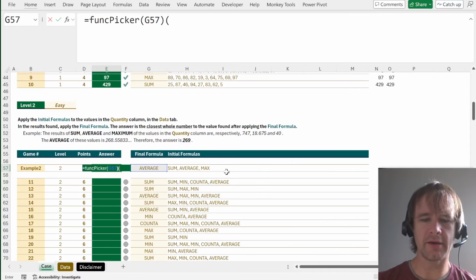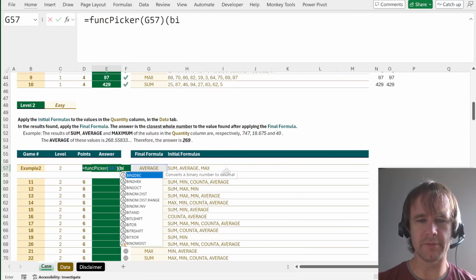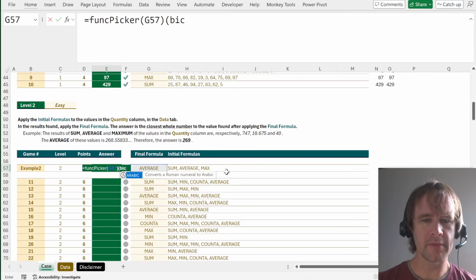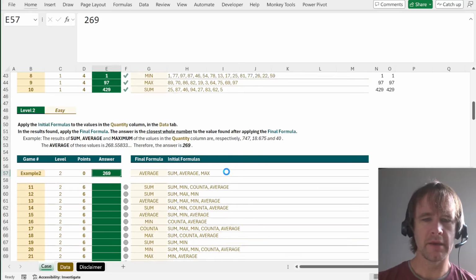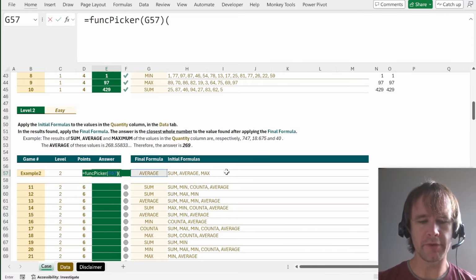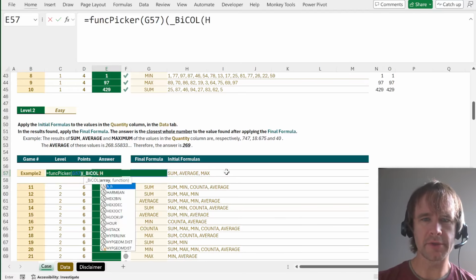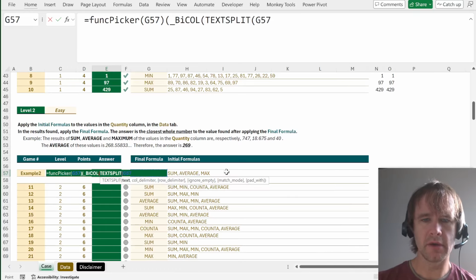Okay, so it's going to be that of, let's say, by call. Oh, sorry, I haven't imported my lambdas. That would help. Let's import my lambdas. So try again. It's going to be equal to func picker of this, and we're going to apply it to by call of, sorry, text split of this on comma space